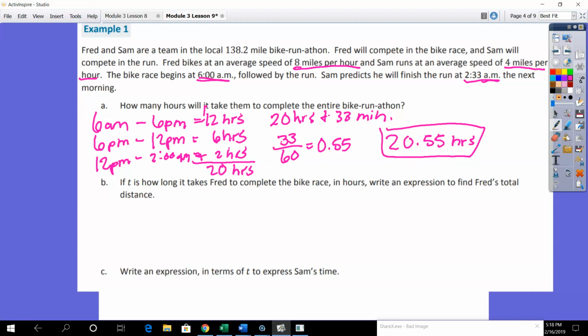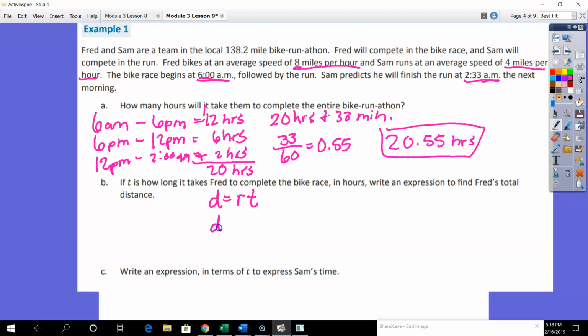Okay, if T is how long it takes Fred to complete the bike race in hours, write an expression to find Fred's total distance. Okay, so we have this formula. Distance is equal to the rate times the time. So we want to know, if T is how long it takes him to complete it in hours, we want the total distance. So